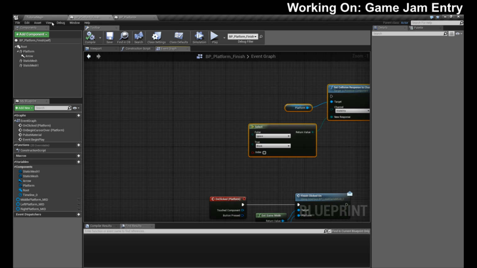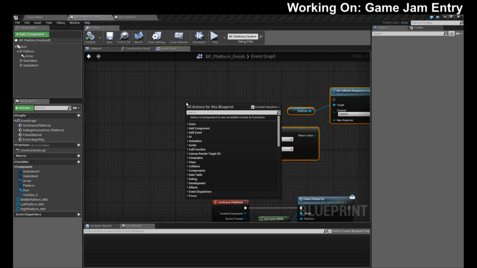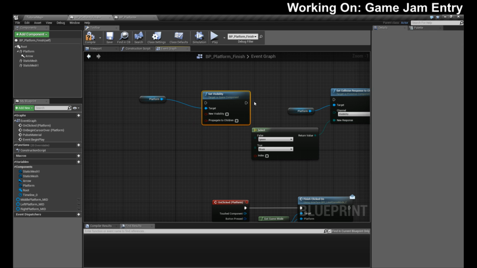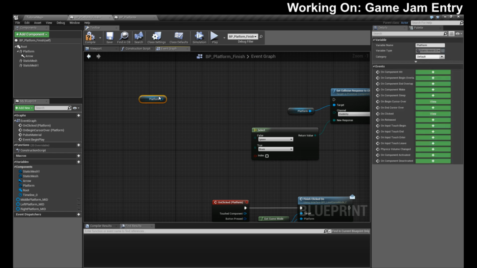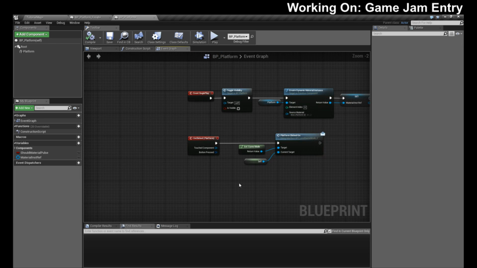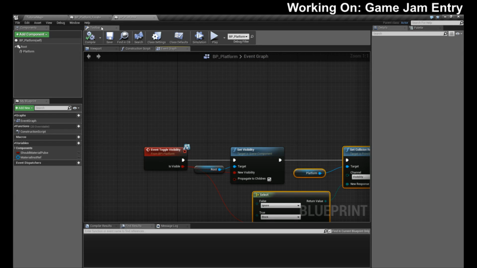So what I need to find is, we're not hiding them, but I can still do a set visibility node, right? For the platform, because the platform's the only one that I'm caring about collision. Not set visibility. I call it set visibility, right? Where's it at? Toggle visibility.